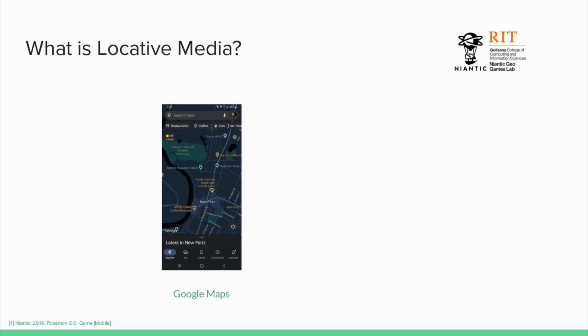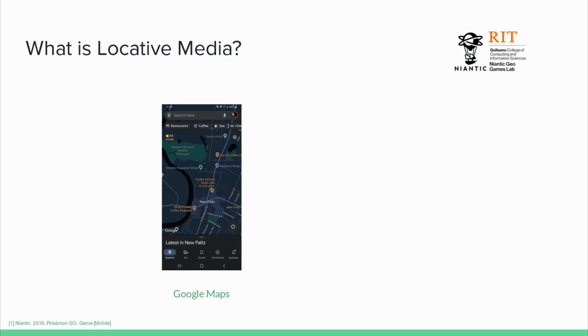So we have a screenshot of Google Maps here. This is of an area in New Paltz, which is somewhere near where I actually live. Few things about this map. First and foremost, you'll notice there's no topographical information. For example, this stretch of road right here is a massive hill, but it doesn't matter because this map is intended for driving purposes. So topography is not necessarily as big a deal in those cases.